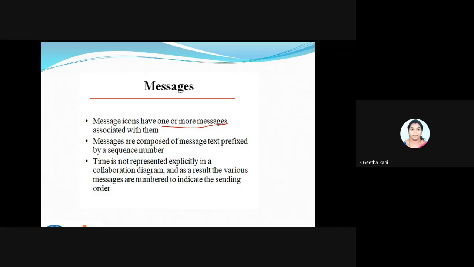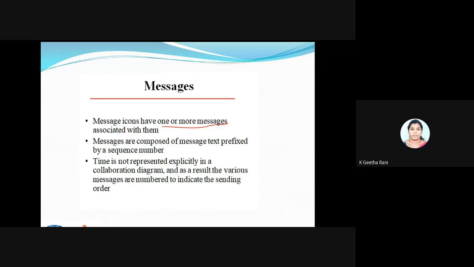One more thing here is that in collaboration we have to specify the sequence number. It's a must for us. But in our sequence diagram, the sequence number is optional. Yesterday while drawing, you could see I was just doing that.